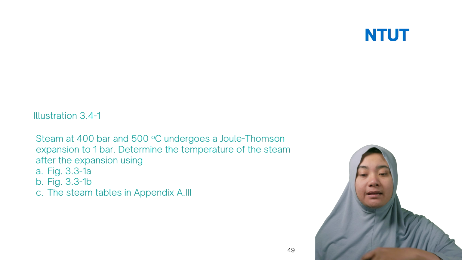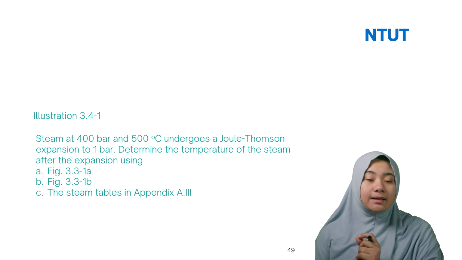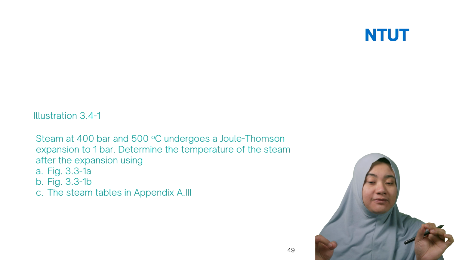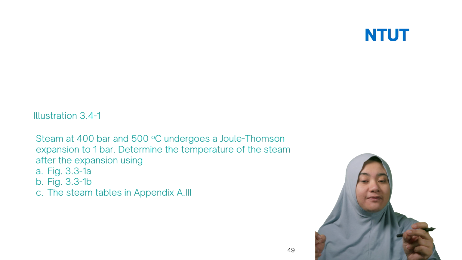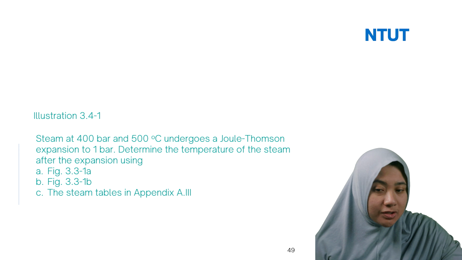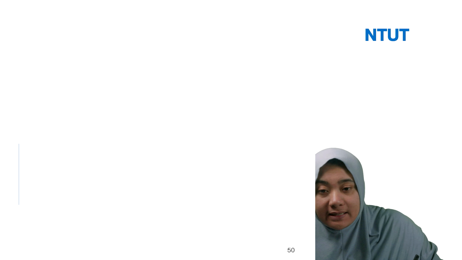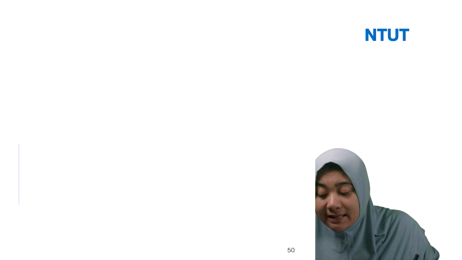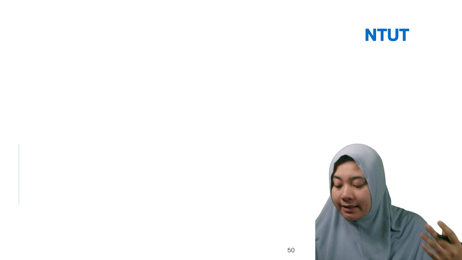Basically, all of these figures will give you a similar answer, only the accuracy is a little bit different because reading the figures is visual, so the value differs a little. But the most convenient, of course, is the steam table. Here we have the molar diagram, and the way you read the curve is similar to what we discussed before, but here we can use the steam table, which is much easier.